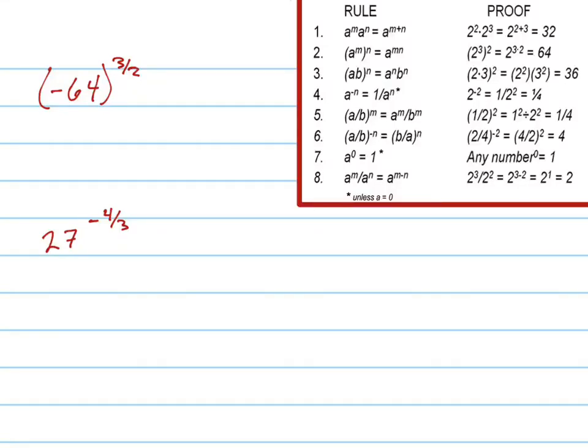Okay, let's try these two problems now. We're taking negative 64 to the 3 halves. First of all, notice that the negative is inside the parentheses, so that is being affected by the exponent, right? Whereas if you had a negative on the outside, down at the bottom there, that wouldn't be affected by the exponent because it's on the outside, okay? So that's going to equal,